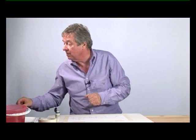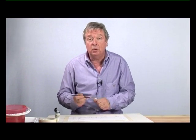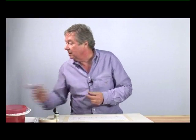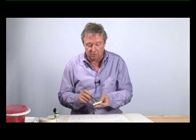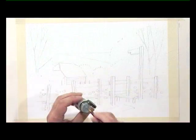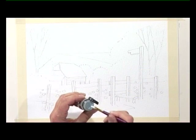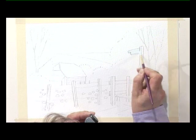You can put masking fluid on using a brush. This is a brush called the masking fluid brush. But before you use masking fluid with the brush, a little tip. If you coat the bristle with some soap, this will protect your brush from the masking fluid. Then dip the brush into the masking fluid and mask off the signpost,